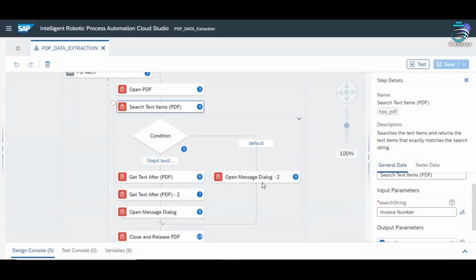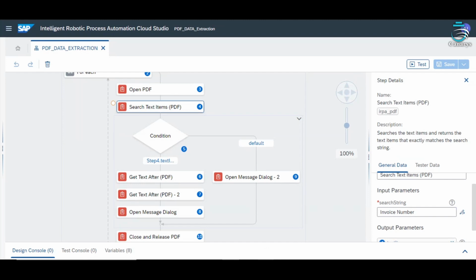Next I have given search text items. This search text items, if the PDF containing the search string invoice number is present, then it gives a result length of greater than 0. If it does not contain search string invoice number, it gives the result as 0.